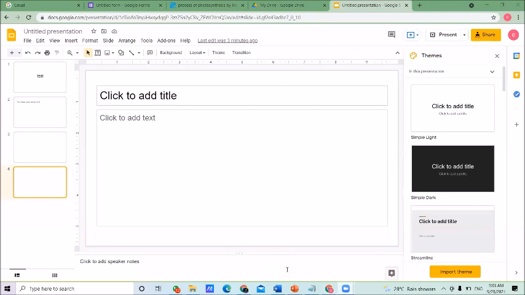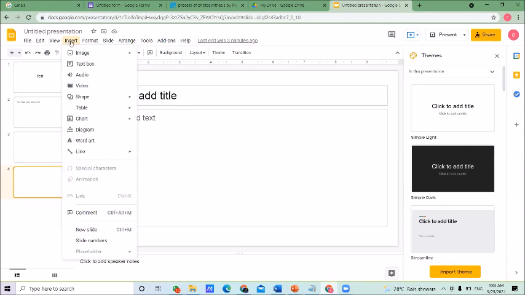That one question asked how to present images or diagrams in Google Slides. If you want to insert diagrams into Google Slides, I am using the last slide to show how to insert diagrams or images. Click on Insert. Then go to Image. From this point, you can select one of the options here.